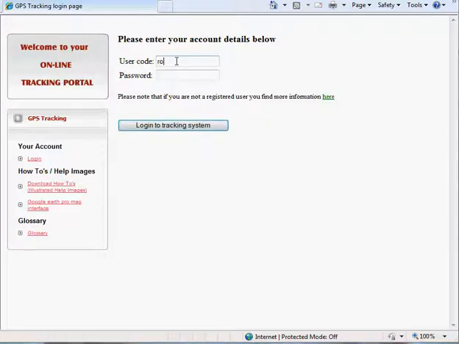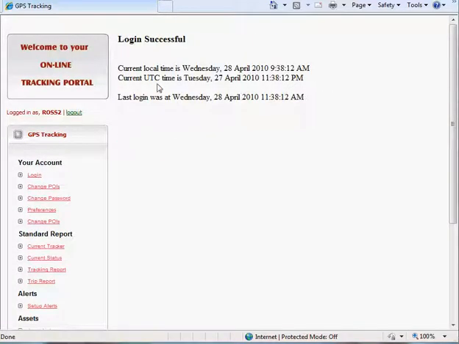Sky Tracking Portal here, which is showing you how to use the system. Basically, you enter your username and password and can proceed to log in. We just browse down to the left to Current Tracker,